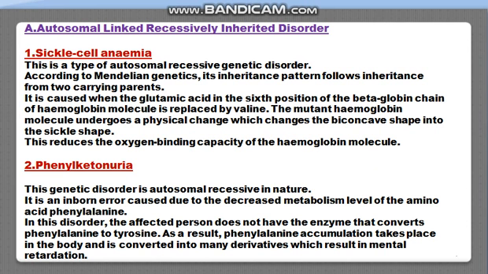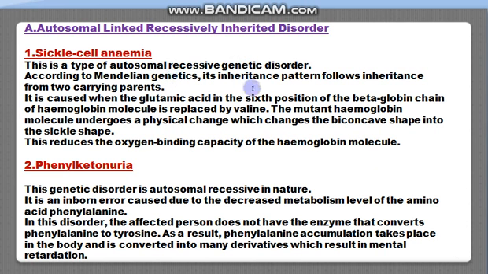You can refer to the flow chart of different types of disorders, then you can study them one by one in a proper way. So I am starting with the first type of Mendelian disorder, that is the autosomal recessively inherited disorder, and in this category the first disorder is sickle cell anemia. This is a type of autosomal recessive genetic Mendelian disorder,